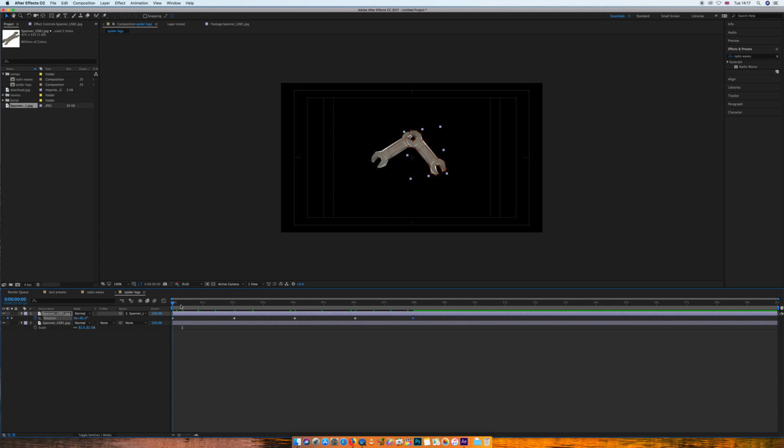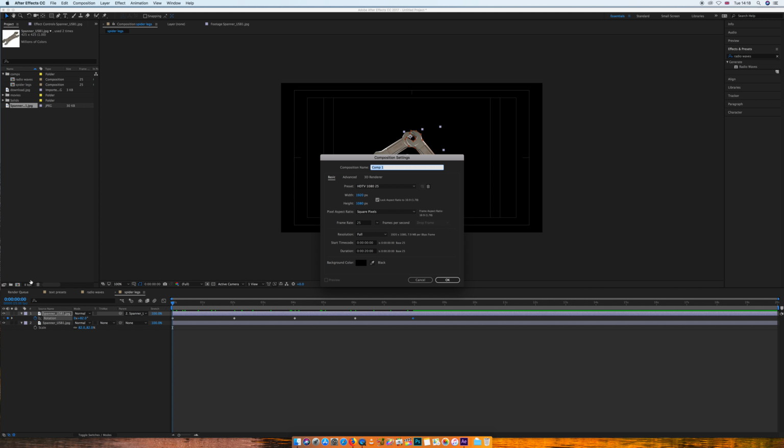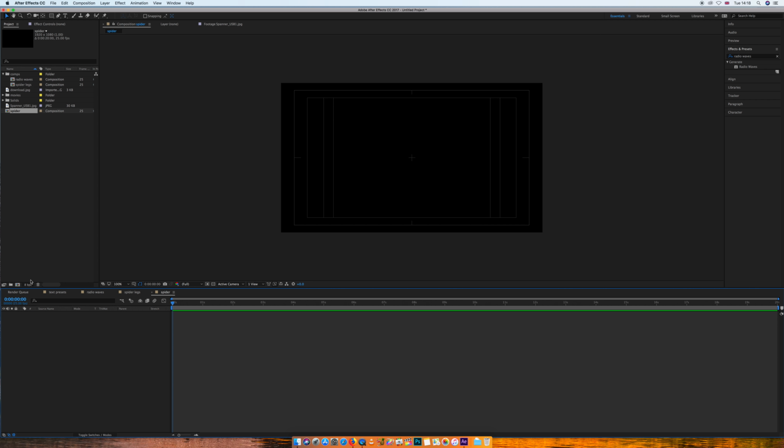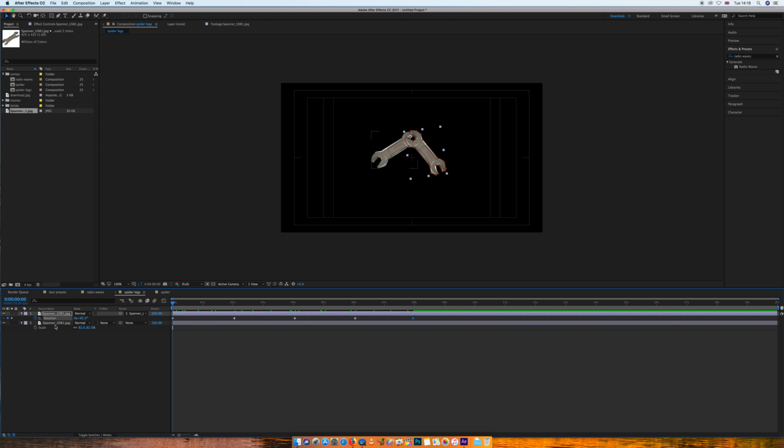Okay, and now I've made a spider leg, and I'm going to make another composition, and I'm going to call it spider. And then I'm going to just go back to my spider leg, and I'm going to copy this